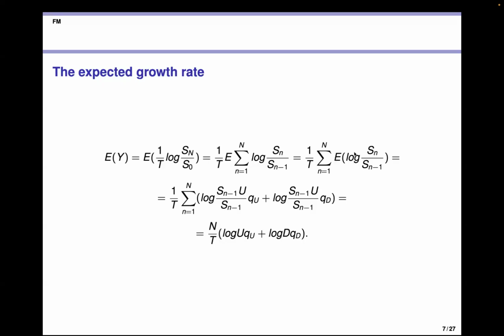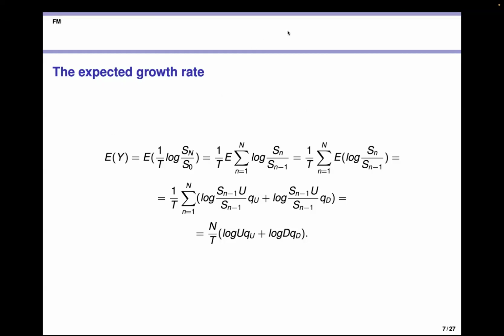How can we find mathematical expectation in general? It is the value multiplied by its probabilities. It's a random value, because Sn can be either S n minus 1 multiplied by u or S n minus 1 multiplied by d, yes? Because it is a binomial model. So the mathematical expectation equals, okay,